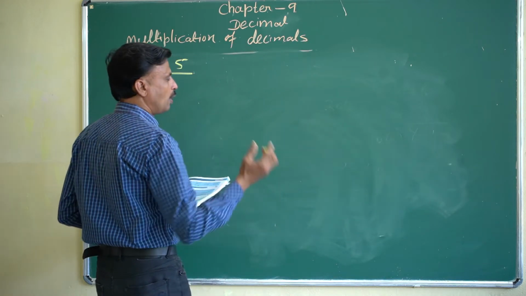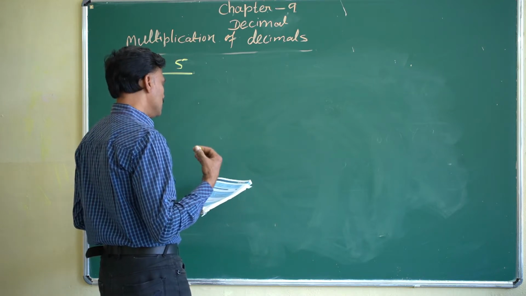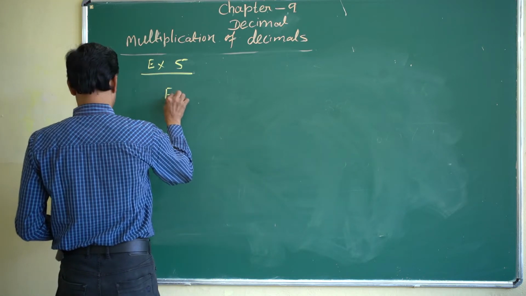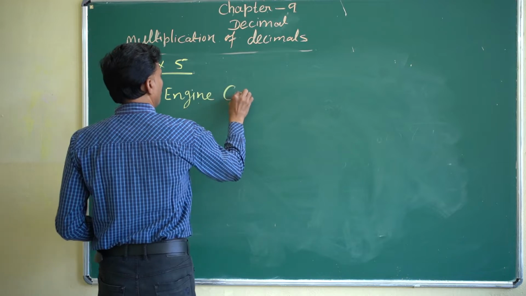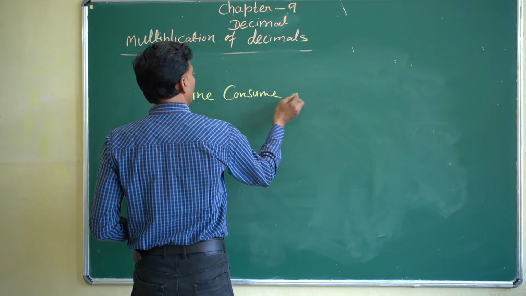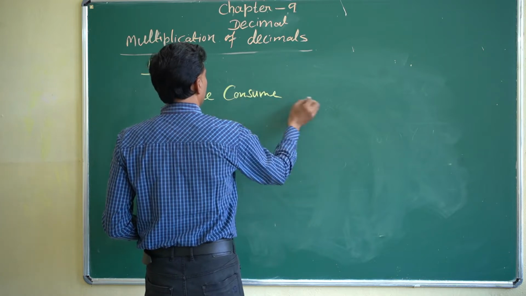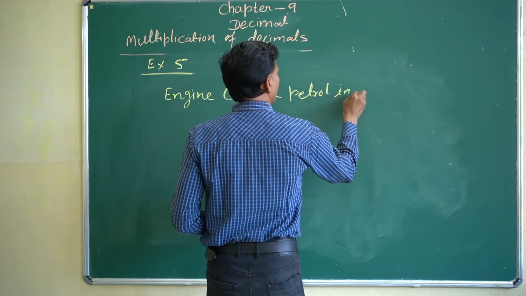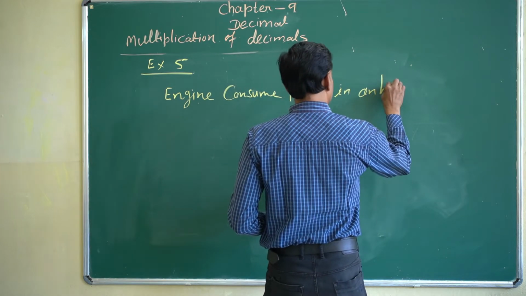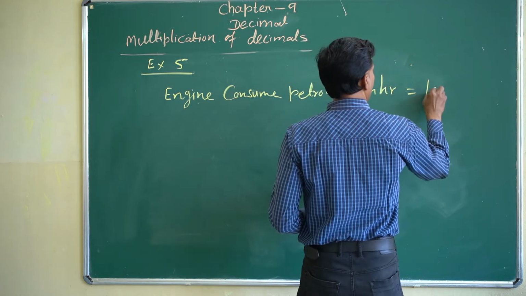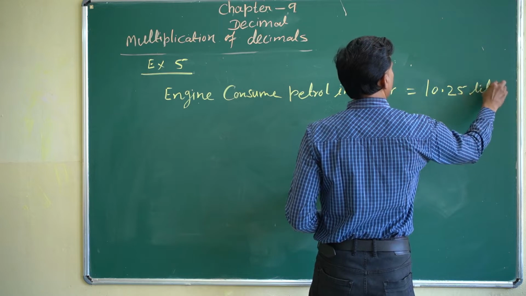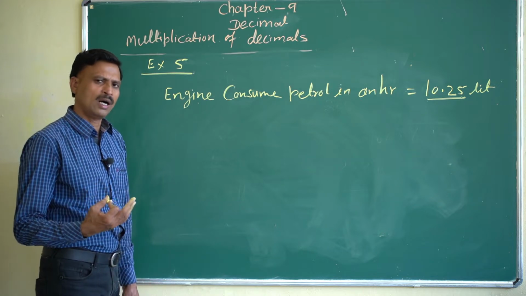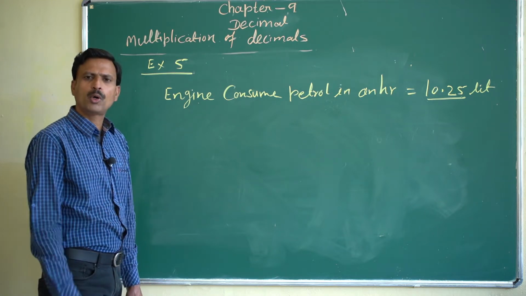So how will we write the statement? The engine consumed petrol in an hour: consumed petrol in an hour is equal to 10.25 liters. If you are running your car for an hour, it is consuming 10.25 liters